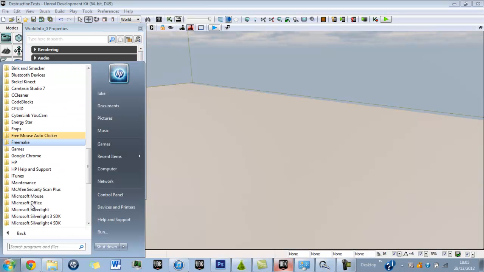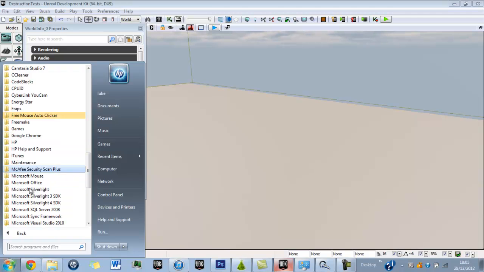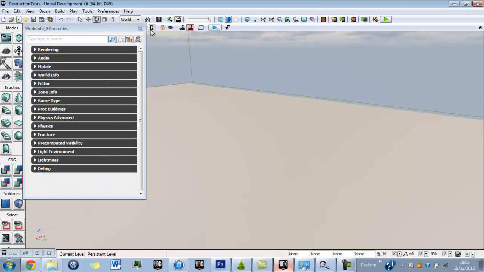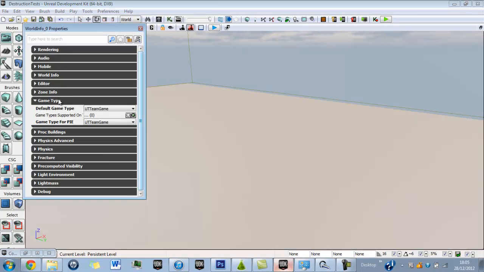I'll just show you. Wherever it is, Unreal Look, I'm using this one here because the 07 one didn't work, 0712. But the 10 one does, which is good. So anyway, in the properties, you want to make sure that you've got a game mode where you can